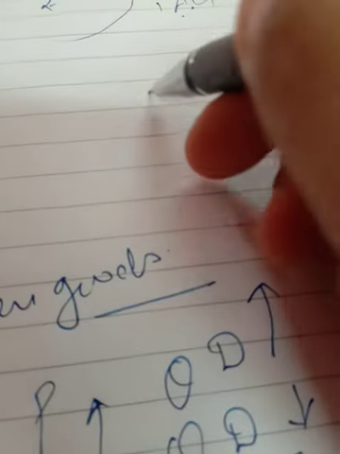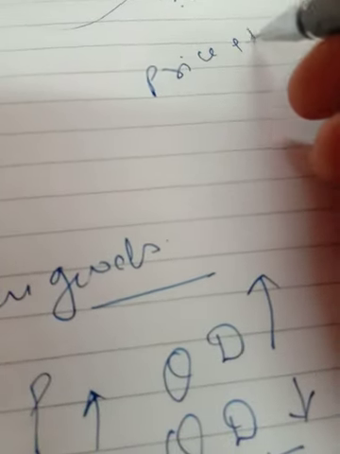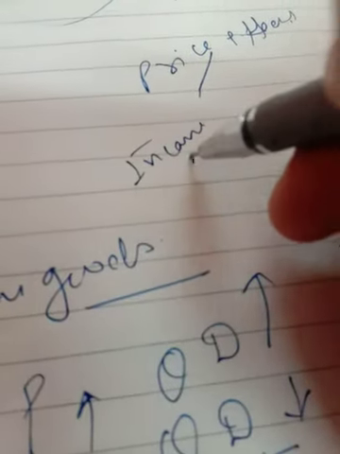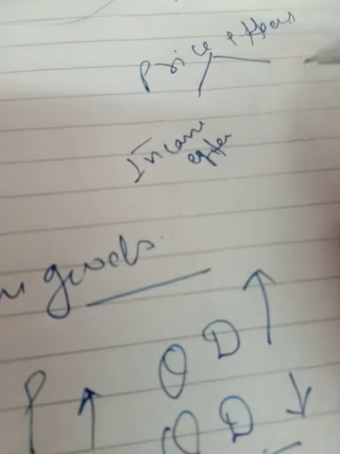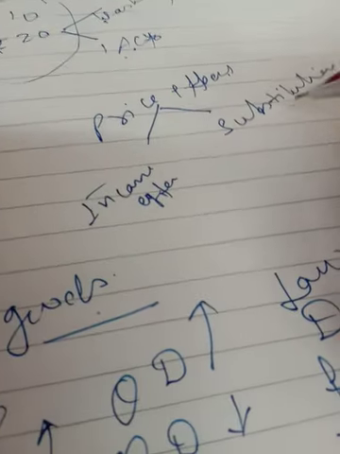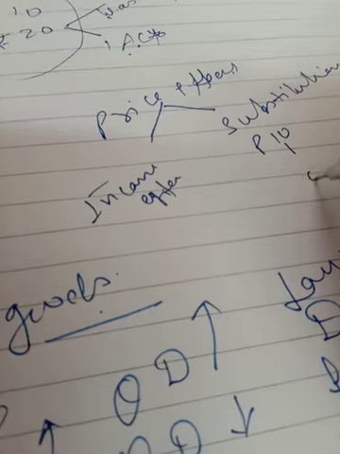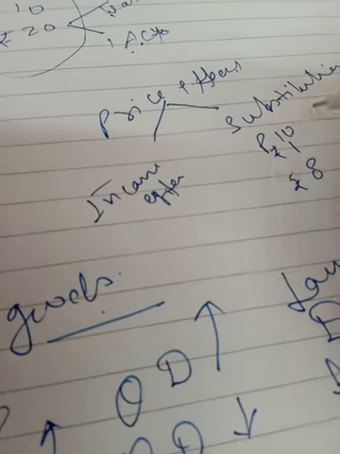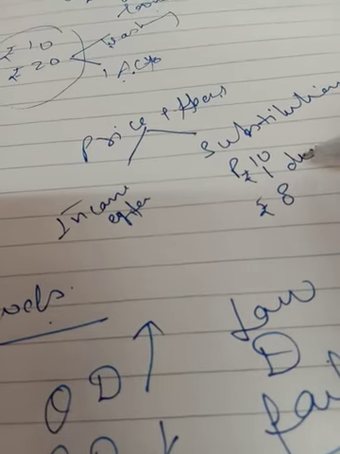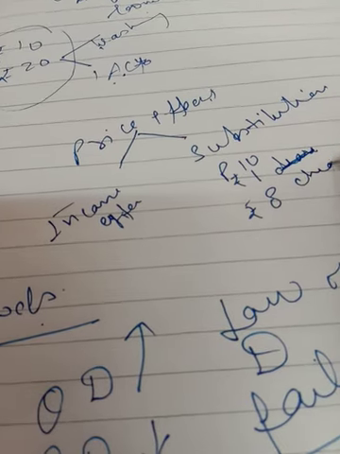So you will notice that the price effect is the combination of the income effect and the substitution effect. These two effects are very much active in this case. In the case of a Giffen good, suppose the price falls from 10 to 8. It is a kind of inferior good, as I have told you. If the price falls from 10 to 8, then this product has become cheaper.